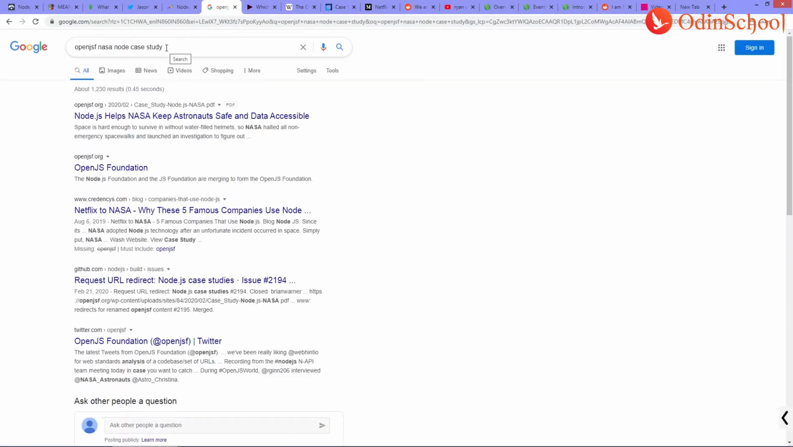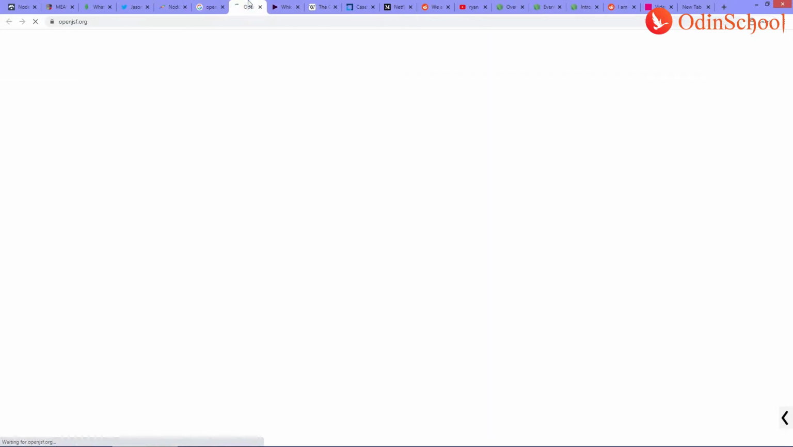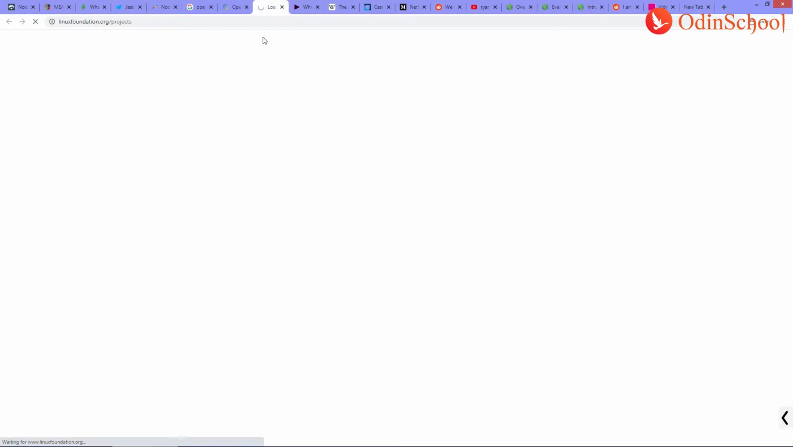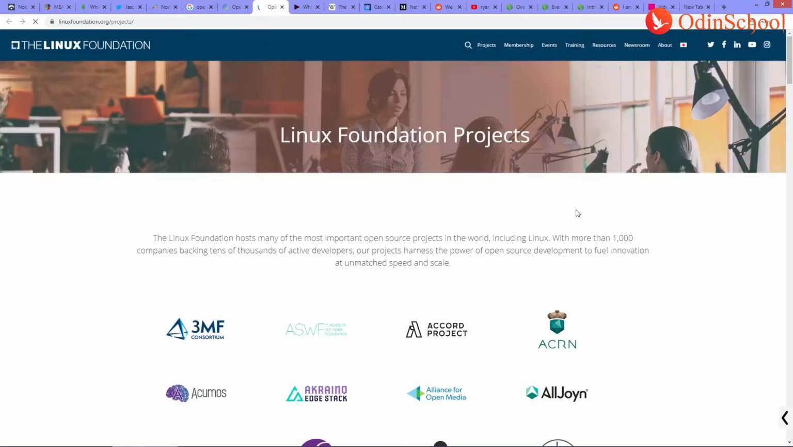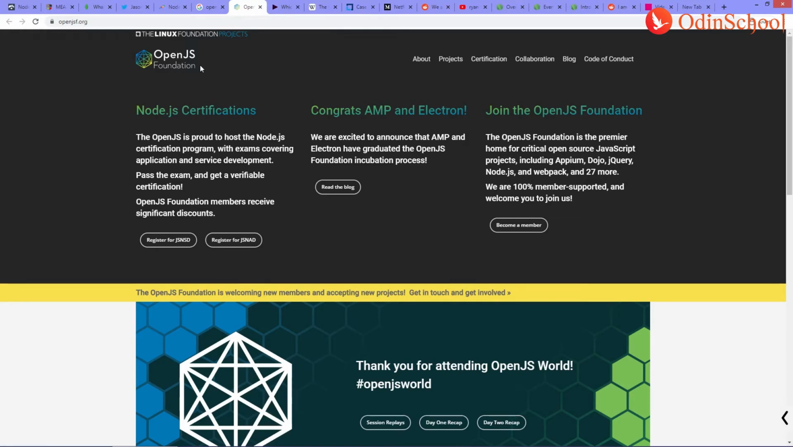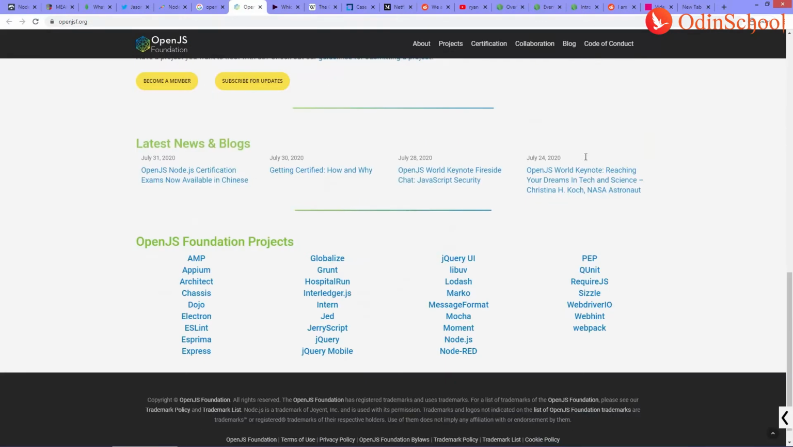If you search for OpenJSF NASA Node case study, you'll get this link. OpenJSF is the OpenJS Foundation, and it comes under the Linux Foundation. Judging by the name, the Linux Foundation is mainly a foundation for all the open source projects based on Linux. Under that comes the OpenJS Foundation, a foundation for all the popular JavaScript based projects. Okay,